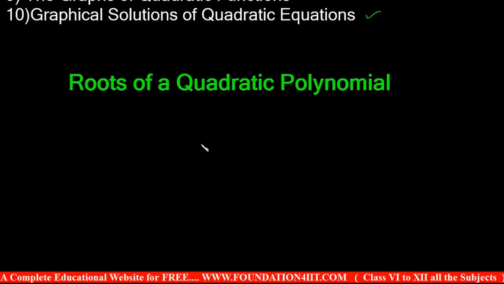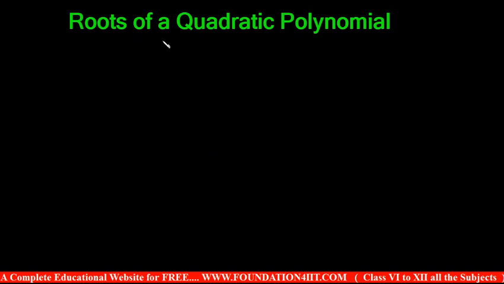Let us see this. When you see the roots of the quadratic polynomial, first we will see about this polynomial. First, quadratic polynomial. Before quadratic equation, let us see the quadratic polynomial. So if you see the definition, that is a polynomial. We learned thoroughly previous topics about a polynomial chapter. So first we will see quadratic polynomial, then we will go for the definition of quadratic equation, how to find out the roots, topics one by one.